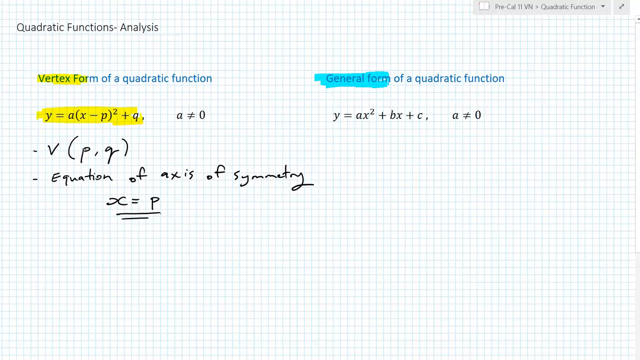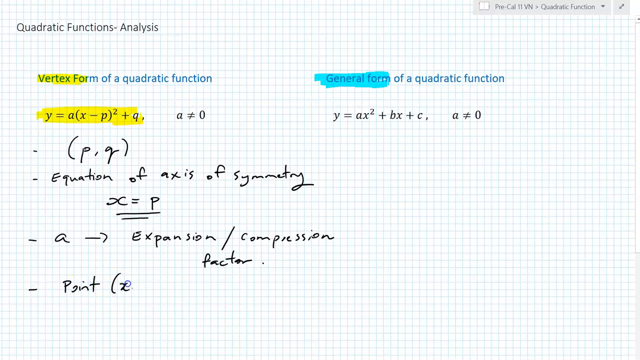Okay, and we also know what a is, and a is your expansion or compression factor. And that's basically it. And of course we know a point on the graph, that's your point (x, y). All right, so that's what we do know. So when we have the vertex form of a quadratic, we can simply extrapolate all of this information and